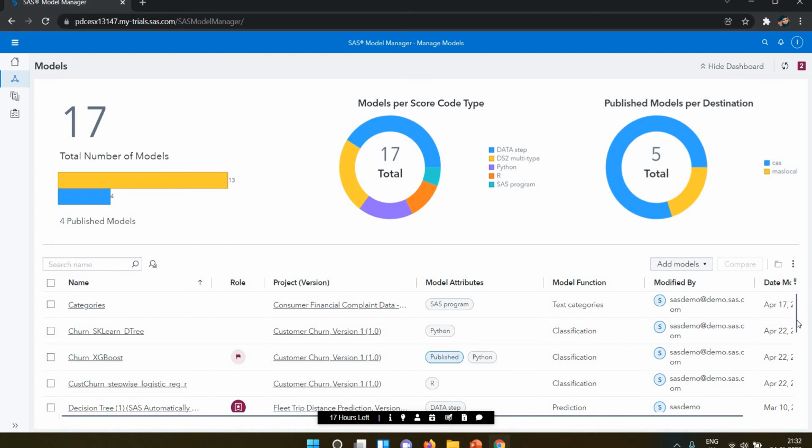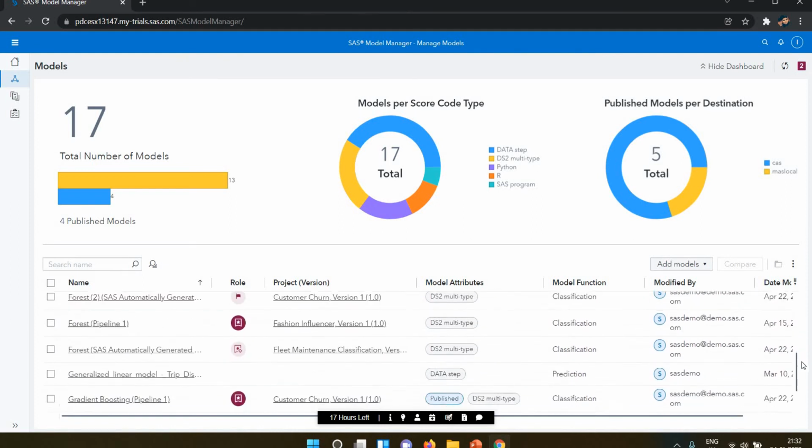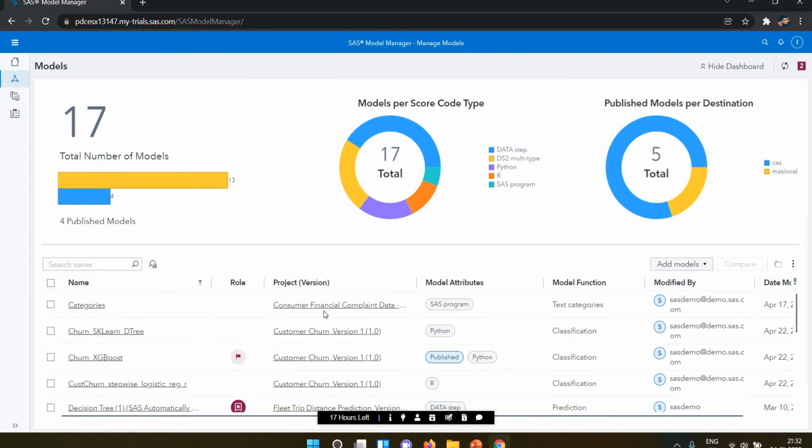In this model we have different categories and project versions. You can also check version one, since version control is also there. Let's suppose you're working on version 2, version 3, version 4, so you can also manage the versions from here. And this is about the role flag we created.